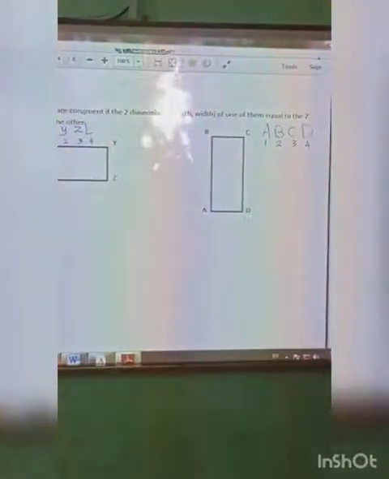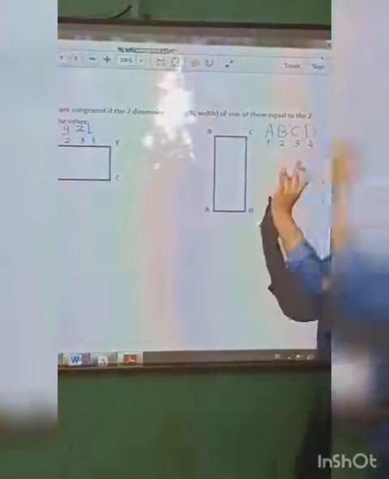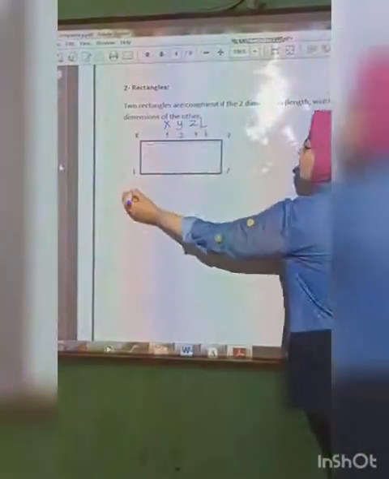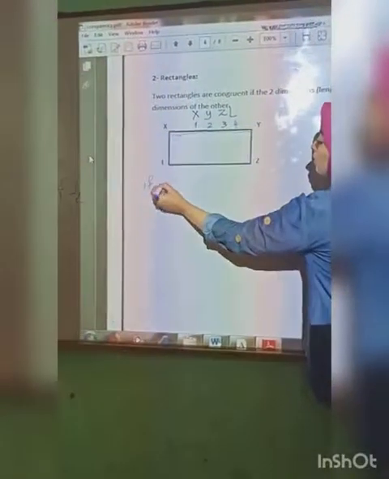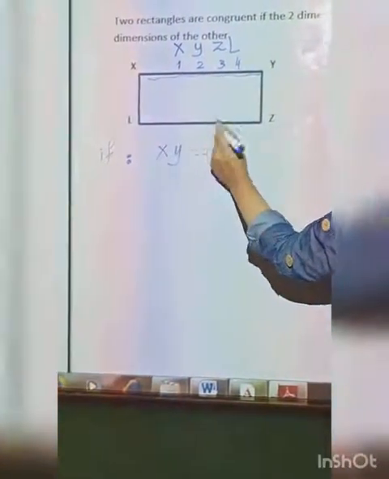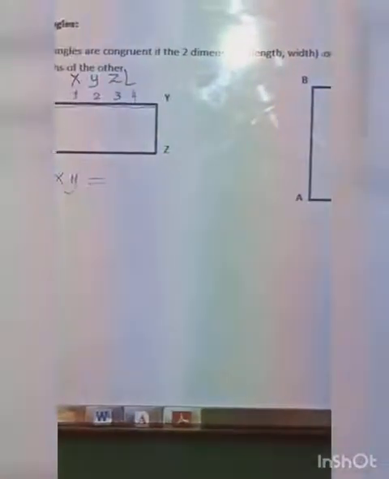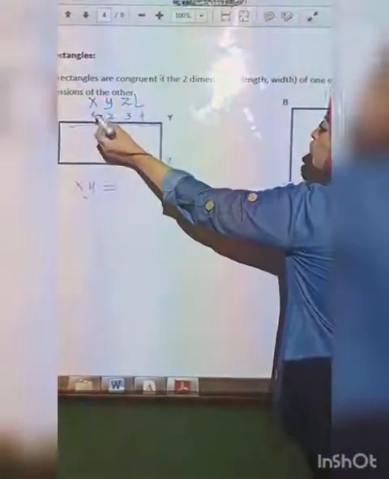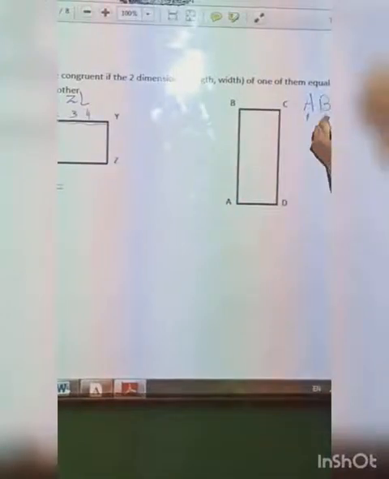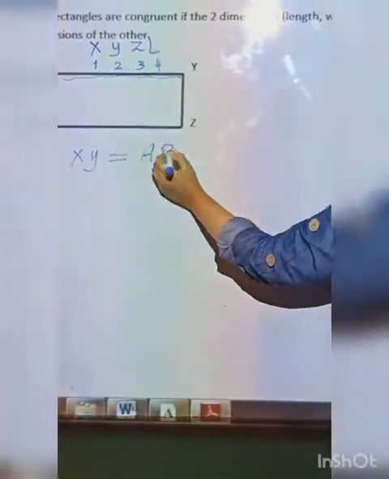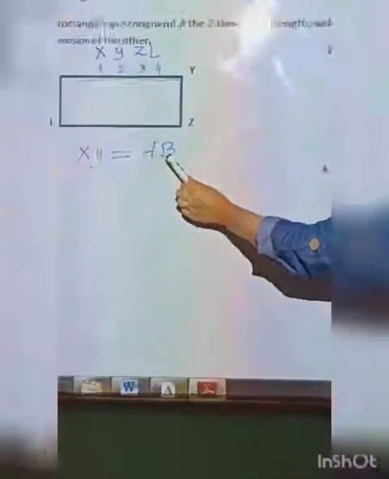And if we have the side XY, which is the letters 1 and 2, if we have the side XY equal the corresponding side here. Can I write BC? No. We take the first and the second letter here. We take here number 1 and 2, XY. So I will take 1 and 2, which is AB. If we have XY equal AB